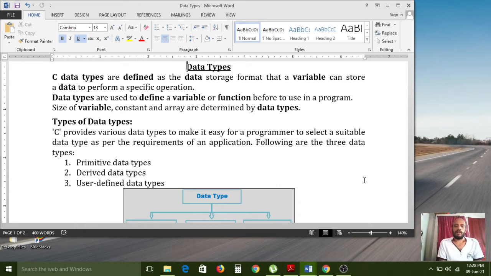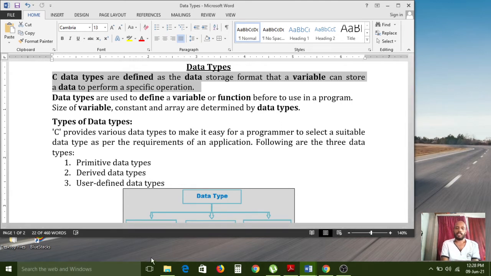C data types are defined as the data storage format that a variable can store data in, to perform a specific operation.